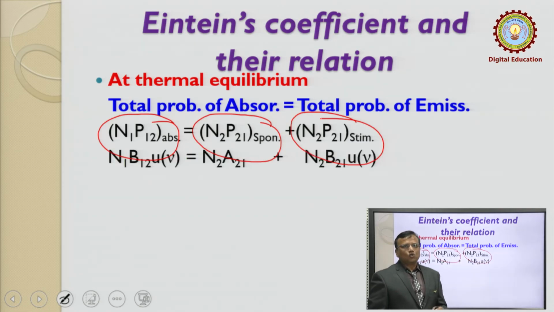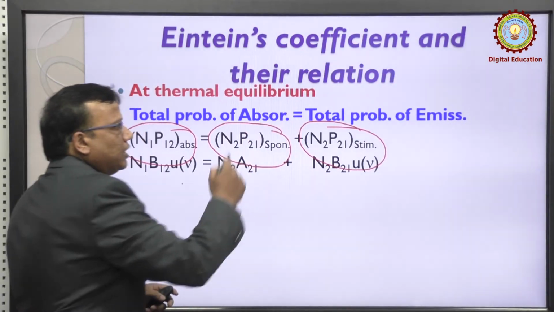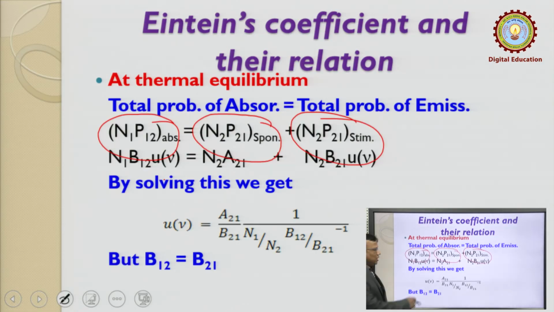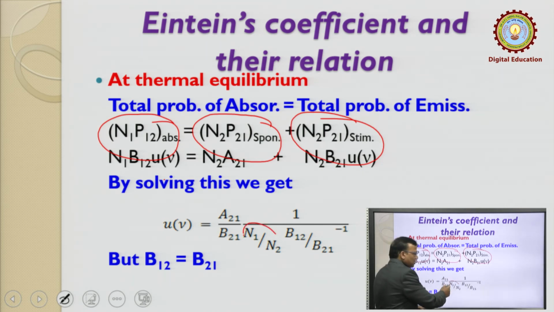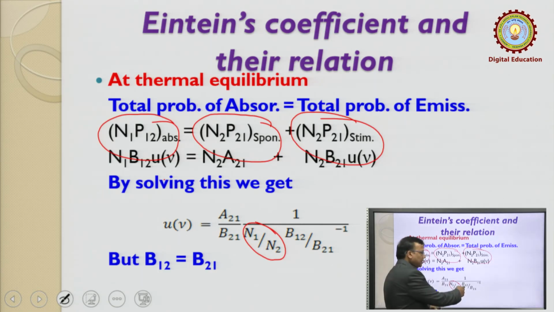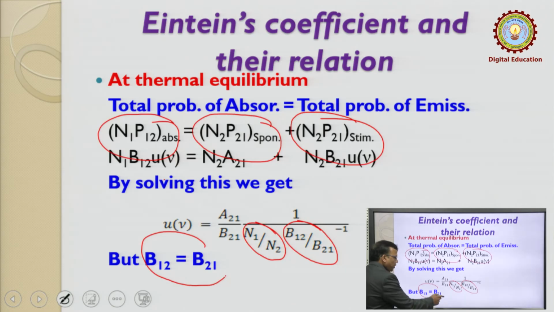Now we put in the values of induced absorption, spontaneous emission and stimulated emission. By solving, we get u nu is equal to A21 upon B21, times 1 upon (N1 upon N2 times B12 upon B21, minus 1), where N1 upon N2 is the ratio of population of the ground state to the excited state, and B12 upon B21 is the ratio of the coefficient of induced absorption to stimulated emission. But in thermal equilibrium B12 is always equal to B21. So by putting this value we get